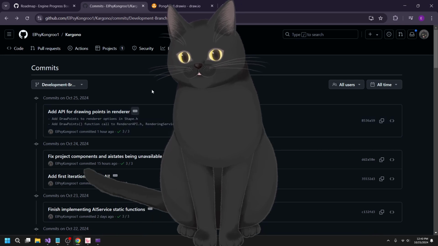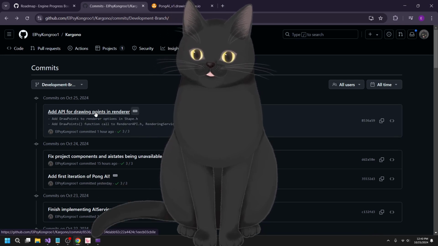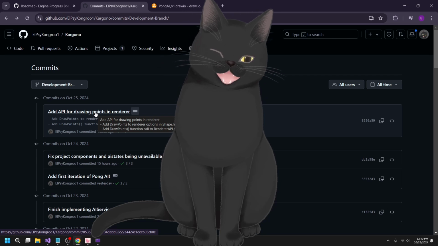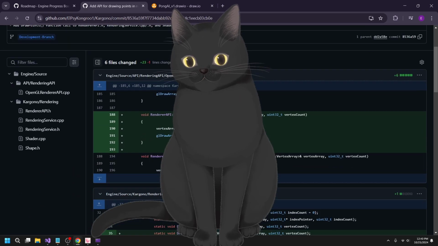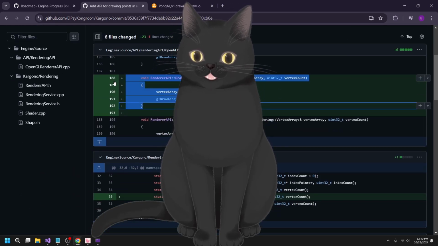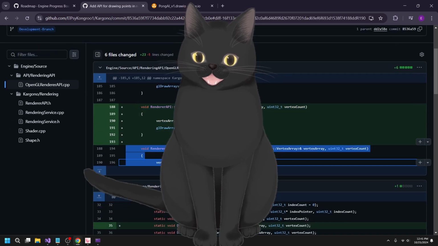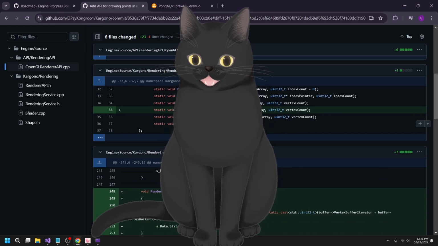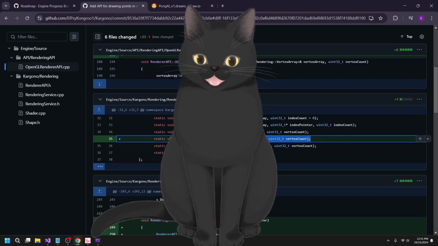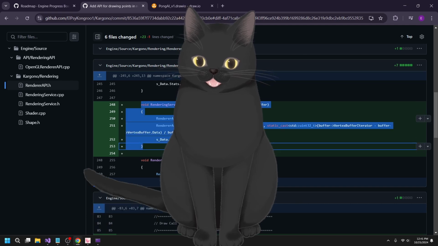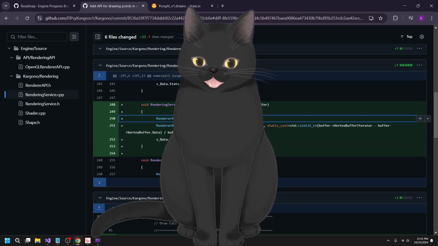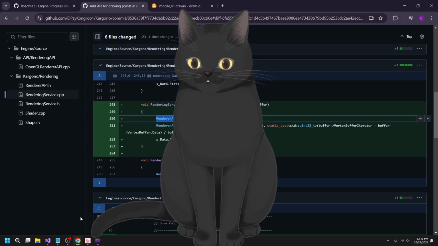And then for this other commit, I changed a few things in the backend renderer. I probably should have done this on stream, but I was trying to make sure that making the debug lines was viable. If you take a look at it, all I did was add a draw points API. So now we can draw points along with triangles and lines and whatever other primitives inside the renderer. I added this draw points section for the renderer API and a function to process these points. And actually, you know what? I probably should get rid of this line width now that I'm looking at it.